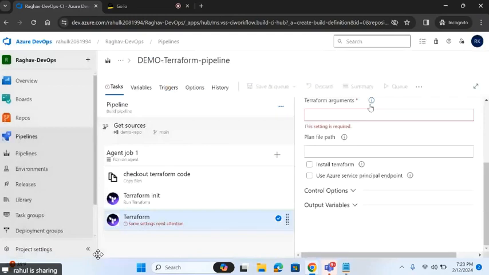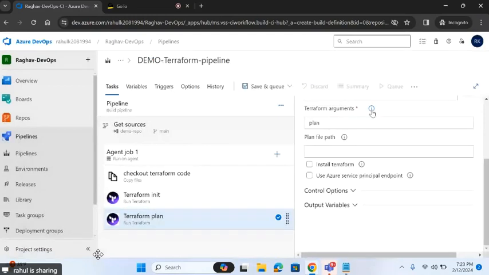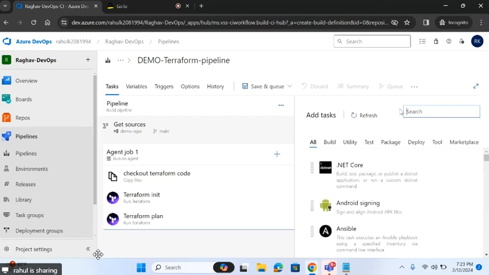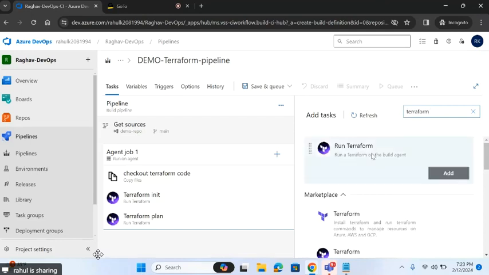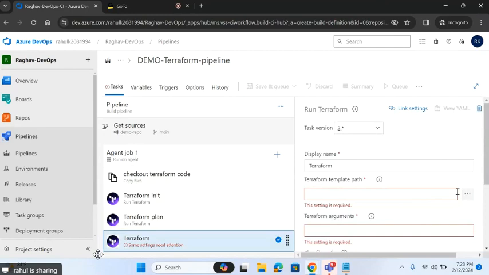See, you need to pass to Terraform plan, apply, validate, and all, right? Okay. Now we have done the Terraform plan. Then what's the next thing you need to do? Terraform apply,